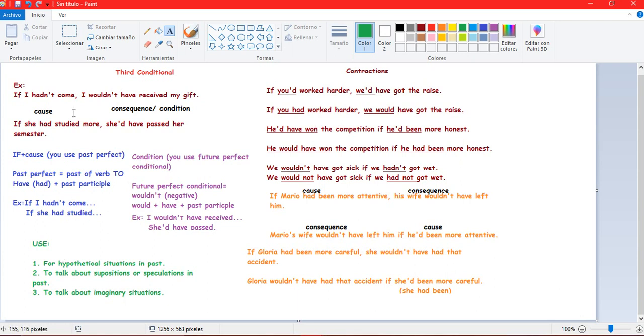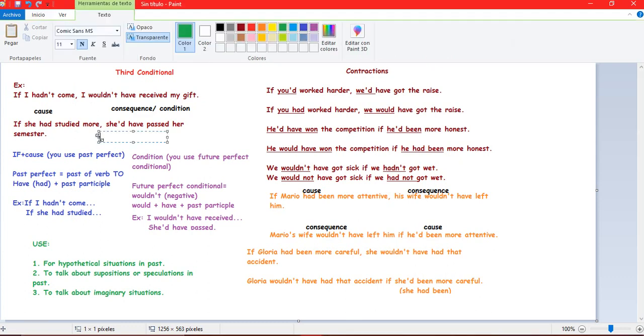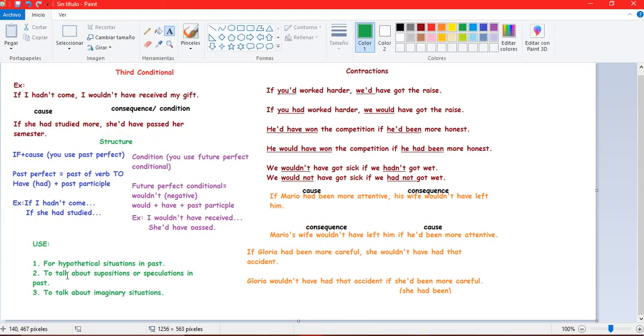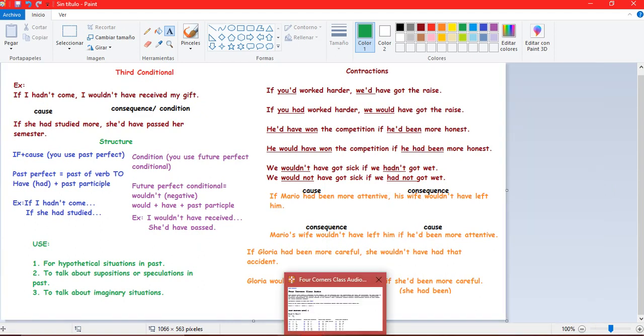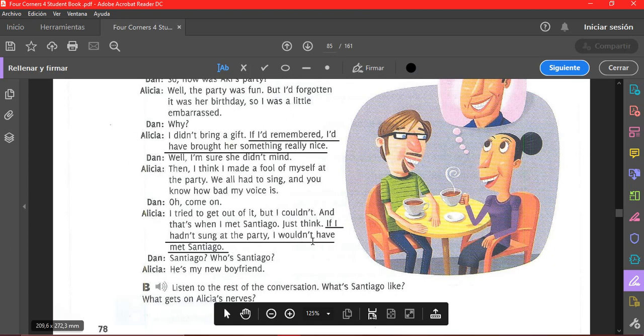Remember the structure, up here. This is the structure. Let me put this in the place. Okay. The structure, the use, the contractions, and talking about how you can change the order of the third conditional, people. So what I'm explaining in this lesson today, because in the book, remember the examples from the